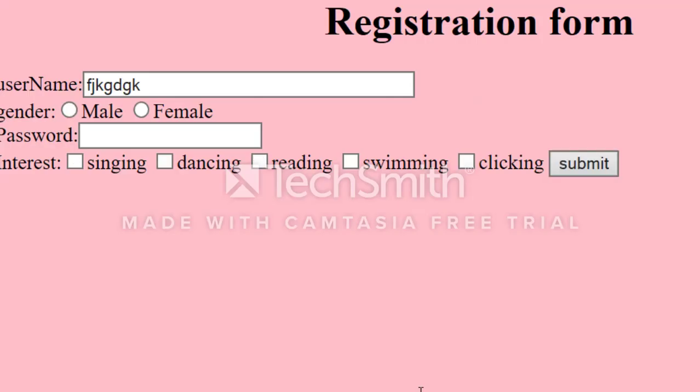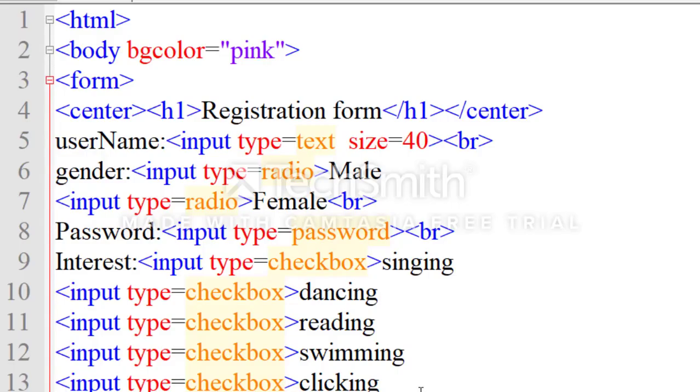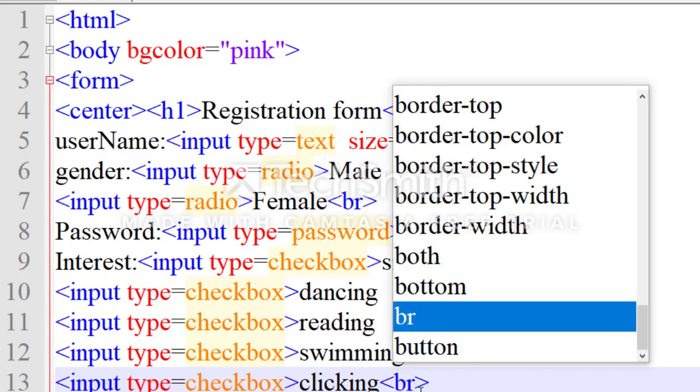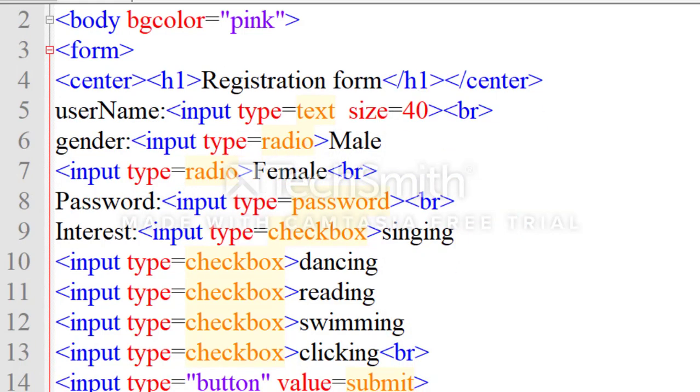Just refresh. The submit button is here, but I want it in the next line, that's why I will apply the BR tag. Okay, now the input type is done.